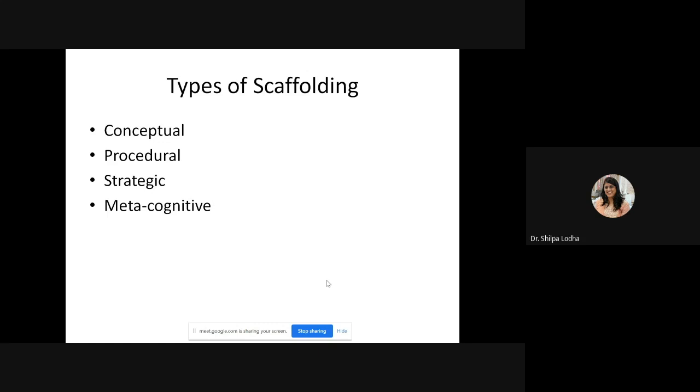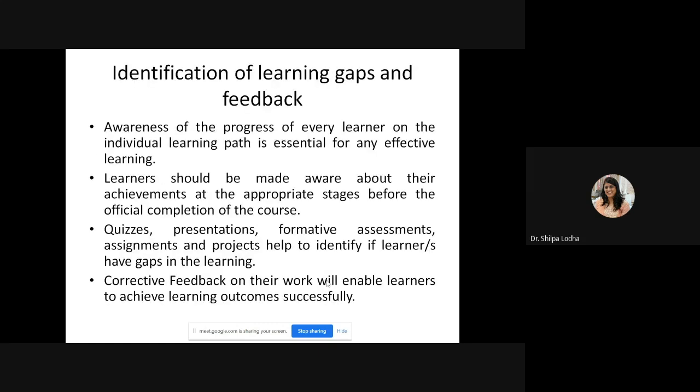Then there is metacognitive scaffolding. Actually, this kind of scaffolding promotes higher order thinking among students, and students are able to plan ahead during their entire course of learning. It prompts students to think about what they are learning throughout the process and assists students in reflecting on what they have learned. So they can make their self assessment, and then they can have some higher order thinking and they can plan ahead in the course.